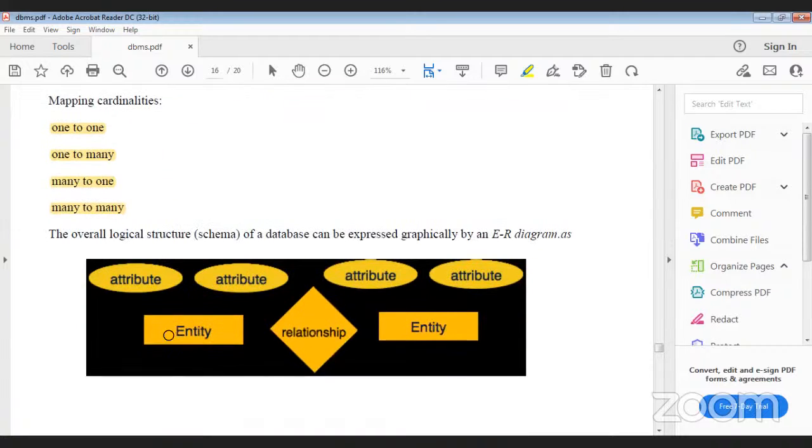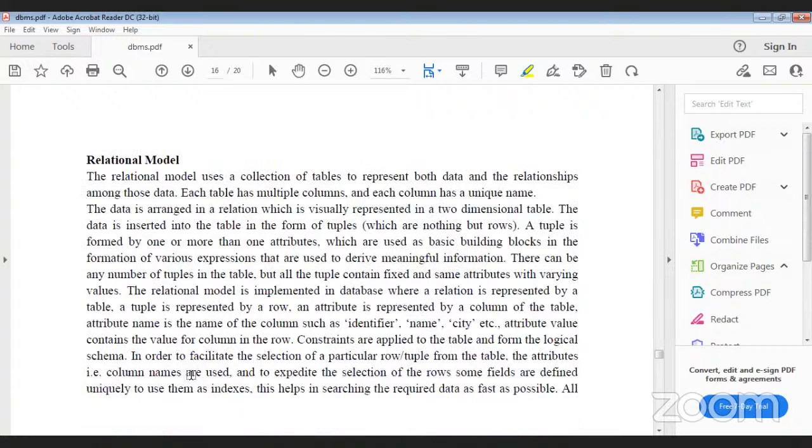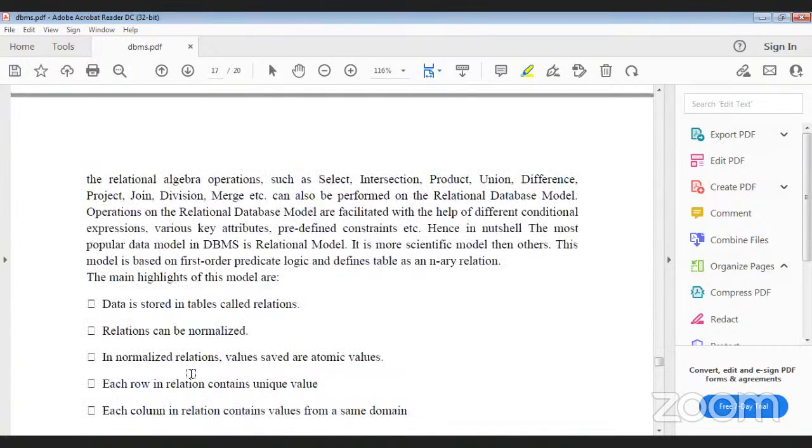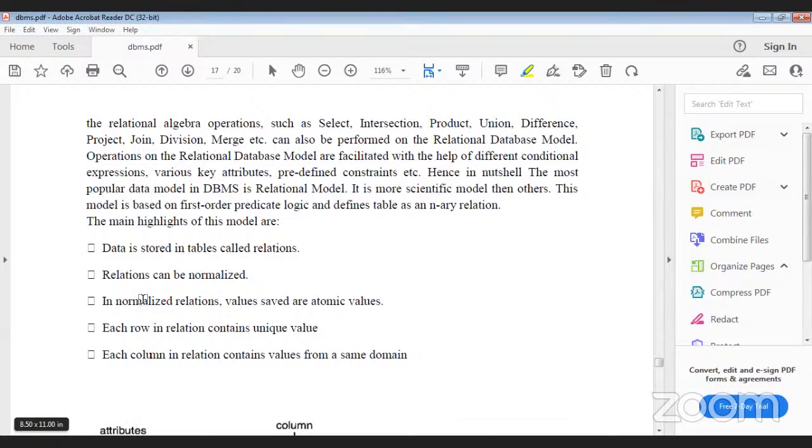Okay, see here the logical structure. Next, we can see the relational model. In that relational model, there will be relations. The highlights of that model are that data is stored in tables called relations. Relations can be normalized, and in a normalized relation values are saved as atomic values. Each row in a relation contains a unique value, and each column of a relation contains values